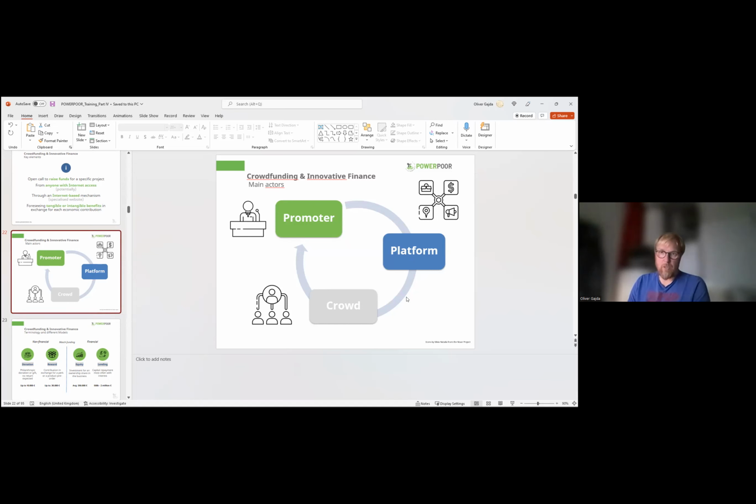There are know your customer rules by law. There's payment service provision by law. There are fully licensed service providers that work on behalf of the platform to deliver these actions. In some countries, we have dedicated legislation for these service providers, no matter what type of crowdfunding they do. And Europe-wide, we have